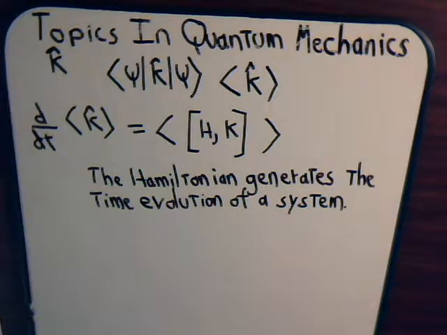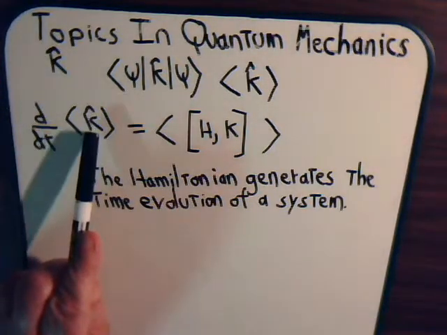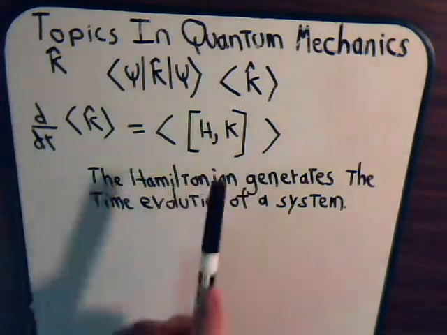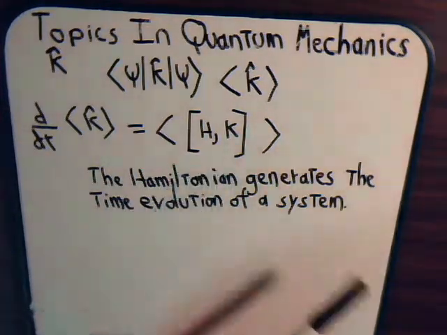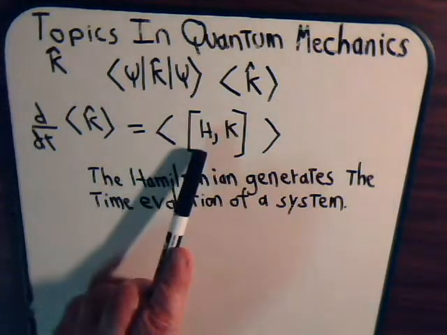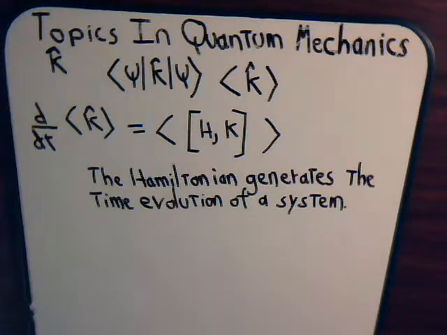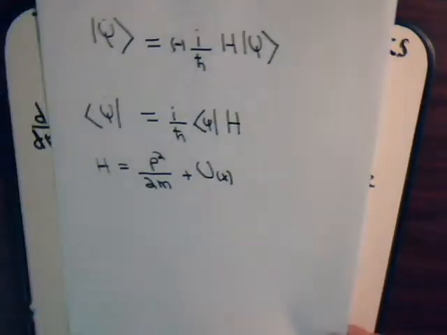And what we found in the last video, video number 20, is that the rate of change of the expectation value of the observable equals this quantity, where inside here we have the commutator of the Hamiltonian of the system with the observable. And that's why we concluded in the last video that the Hamiltonian generates the time evolution of the system. And remember, the Hamiltonian